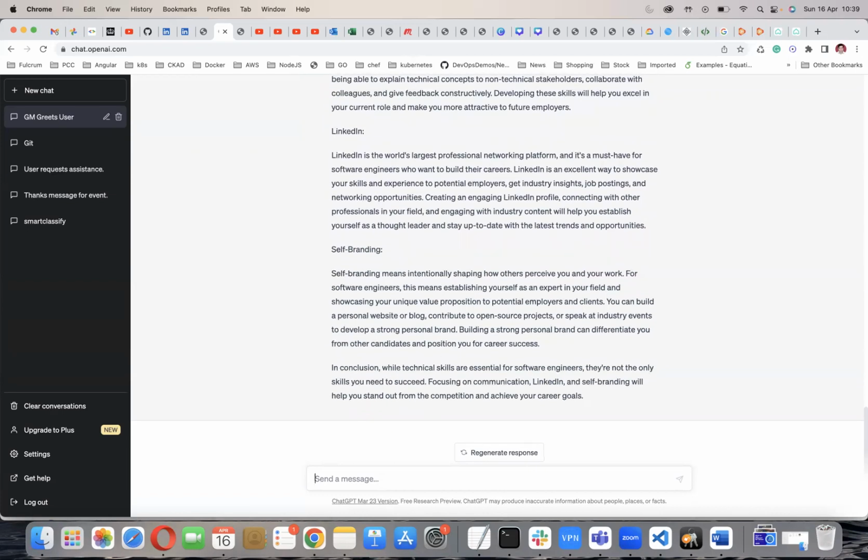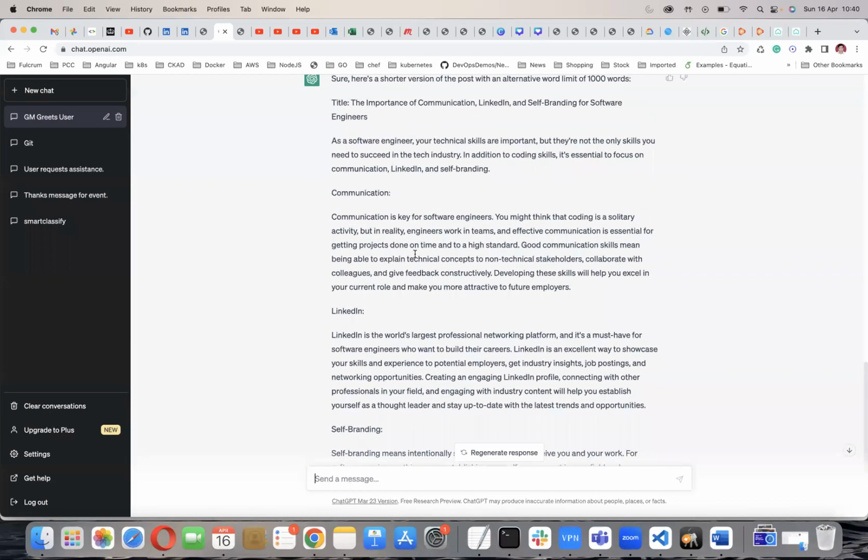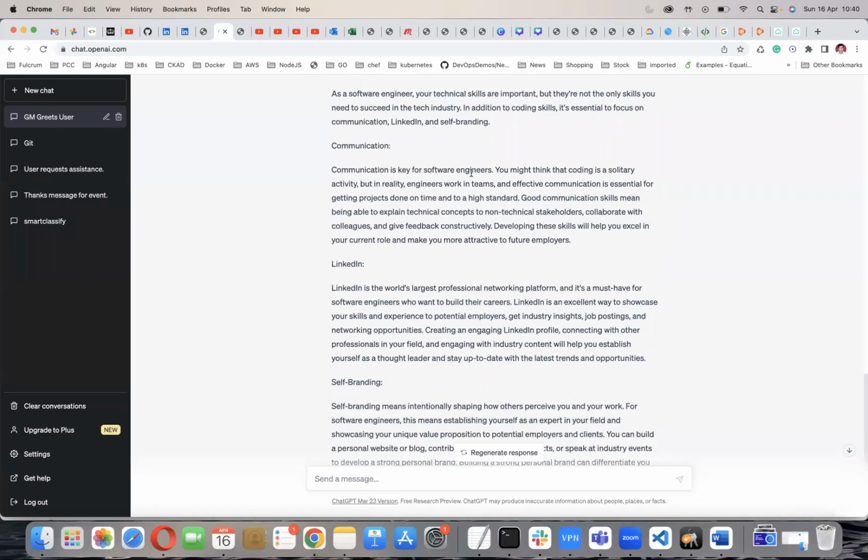Right? So communication: as a software engineer, your technical skills are important, but they are not the only skills you need to succeed in the tech industry. In addition to coding skills, it is essential to focus on communication, LinkedIn, and self branding. Communication is the key for a software engineer.